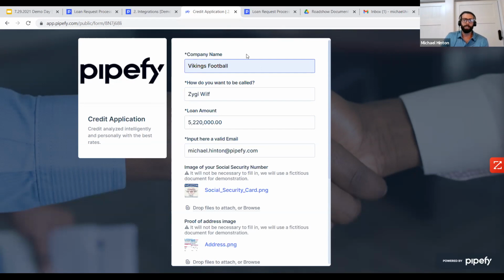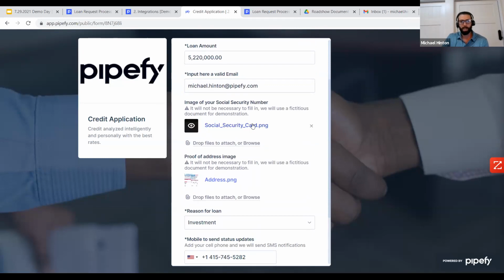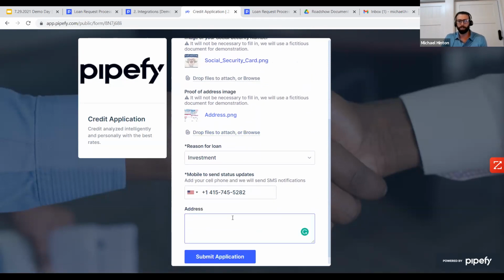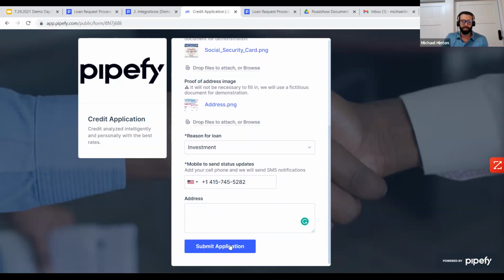So essentially, when we're talking about some of the issues that we've seen in terms of data collection, you can require different fields within this form. So that eliminates some of that issue that you're going back and forth, maybe with the client saying, hey, we see that you didn't input, whatever it might be, a specific financial, maybe social security card, whatever that is. But you can include the required fields here. And as you go forward, you can include any type of information. So it can be attachments, it can be dates, it can be phone numbers. But once you actually submit this application,